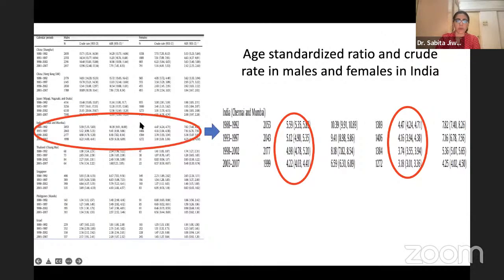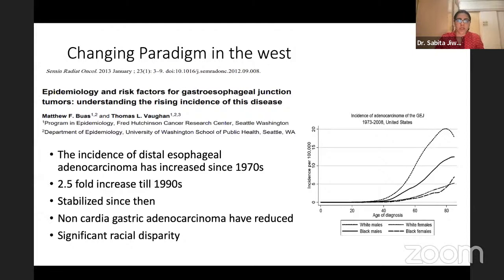And we can see over here in India, this is a registry from Chennai and Mumbai, that the age standardized ratio as well as the crude rate is declining in males as well as females. In the West, the gastroesophageal junction tumors really peaked in the 1990s. They started peaking in the 1970s, and this was an epidemic of obesity, of gastroesophageal reflux disease, which drove this epidemic. And there was a kind of exponential rise in the adenocarcinoma, and then it stabilized, and the distal adenocarcinomas